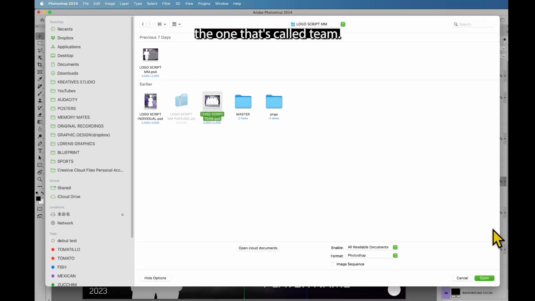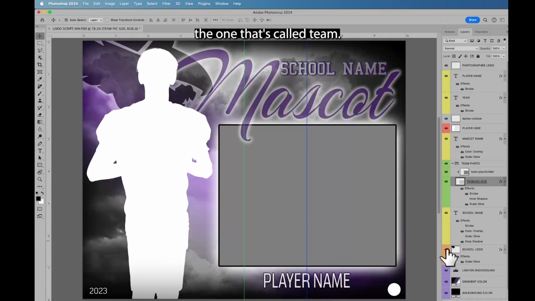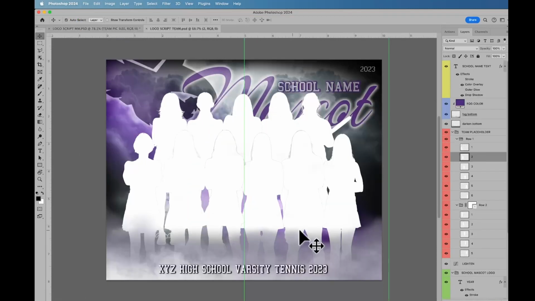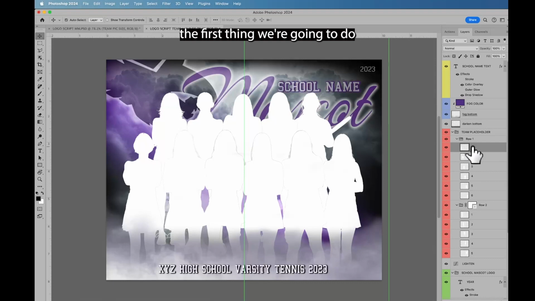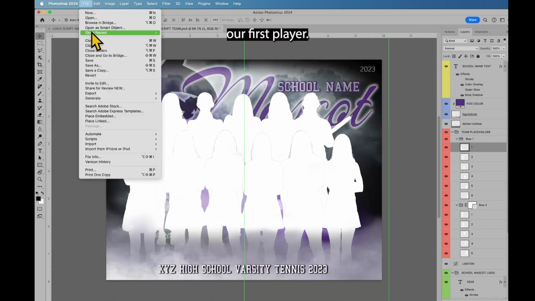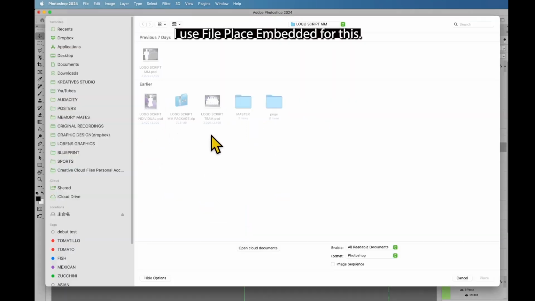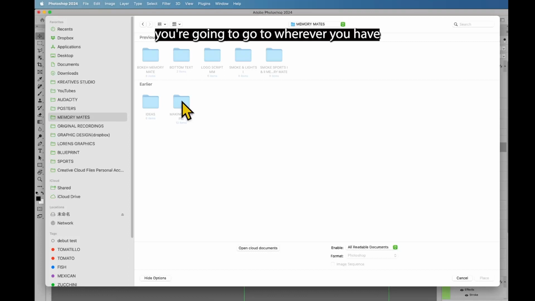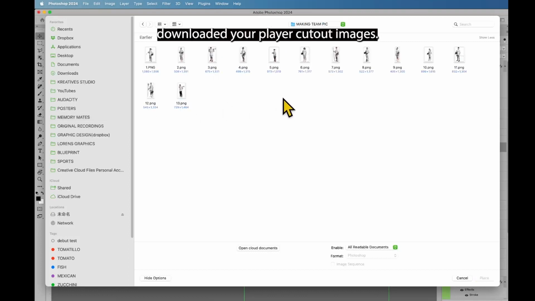It'll be the one that's called Team. These right here are placeholders. They're grouped into rows. The first thing we're going to do is go to row 1, player 1, and we're going to insert our first player. I use File Place Embedded for this. You're going to go to wherever you have downloaded your player cutout images